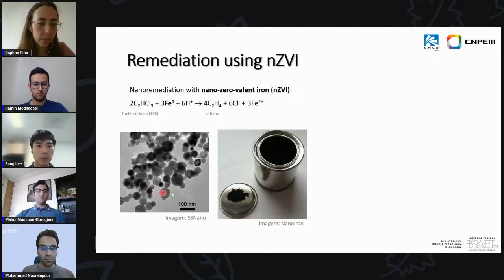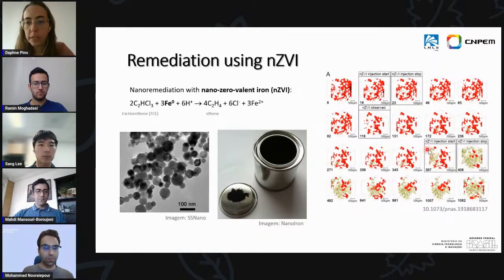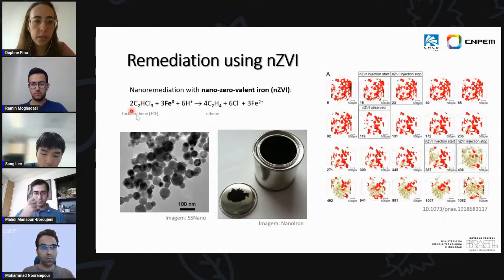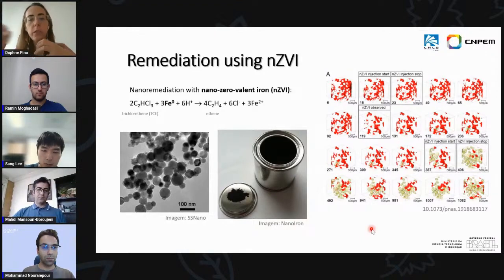So here you can see some images in the microscope of those nanoparticles, and they are usually presented as powder. And what we want to see is how exactly these reactions are happening at a microscale. So this is an example of a paper that our group published. What you see here in red is the solvent, the TCE, and then we injected nanoparticles. After the injection of nanoparticles, what we saw, this yellow part here, is actually gas that was produced during the reaction. We saw the consumption of TCE, but we also saw that this gas was dislocating some of the solvent droplets.